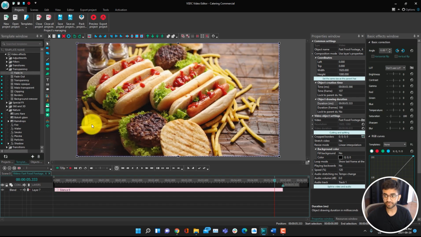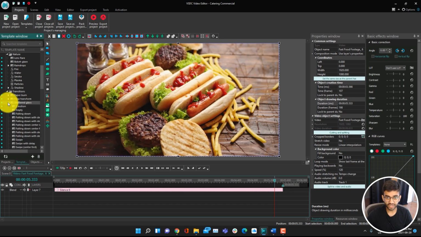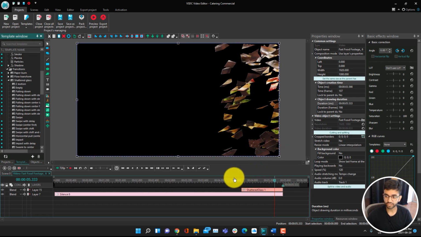Next, all you want to do is find the transition you want to add. So for example, say we go over here in the template window and we look for transitions, we open it up, and we want to add shattered glass. Now this is just an example, you can add any transition that you like. You want to go ahead and find the transition, and then all you have to do is just drag it to either the beginning or the end of the clip, and your shattered glass transition is going to be added